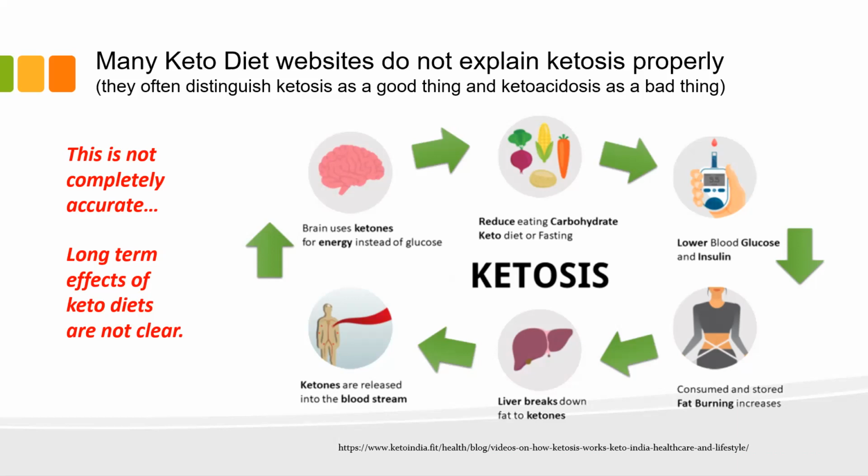And I can't really comment on this since I've never done a keto diet, and I've only read a little bit about it. But from what I have read, not everything is completely clear around it. And probably a lot of people are losing weight because what you're doing is going on a diet, and the diet is telling you to restrict the junk food. And for many people, that is actually one of the most effective things they can do, is cut out a lot of simple and refined sugars. So cut out the soda, cut out the donuts. And for a lot of people, that will do wonders in terms of their health and losing weight.